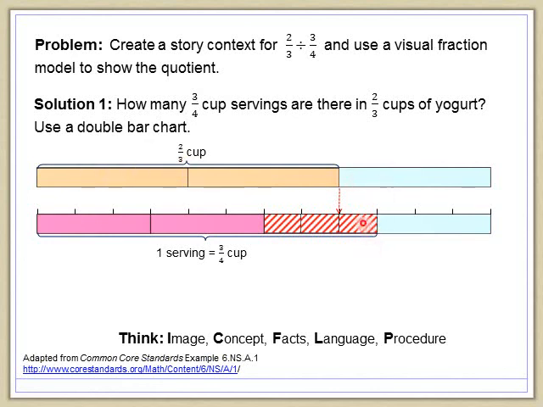Now we just kind of guessed when we first picked this 3, but what we're seeing now is that the unit size that we need is actually based on the common denominator between the 3 and the 4. So let's break this other cup into 12ths, and what we'll see is that 2/3 cups is exactly 8 12ths, and